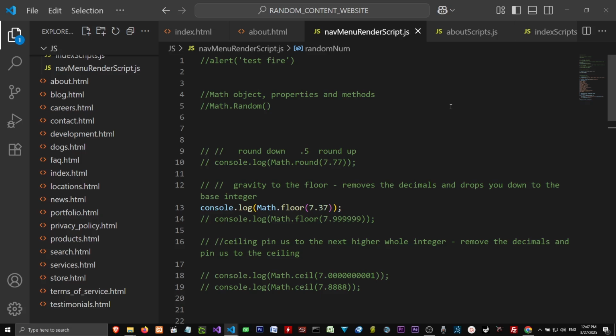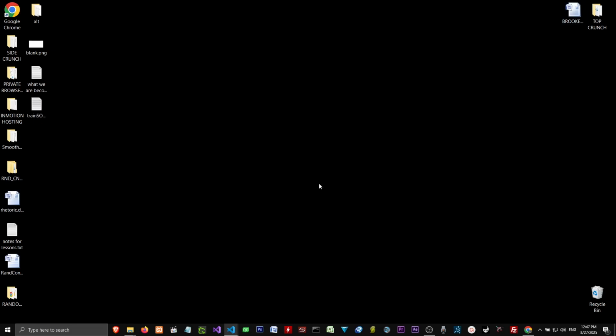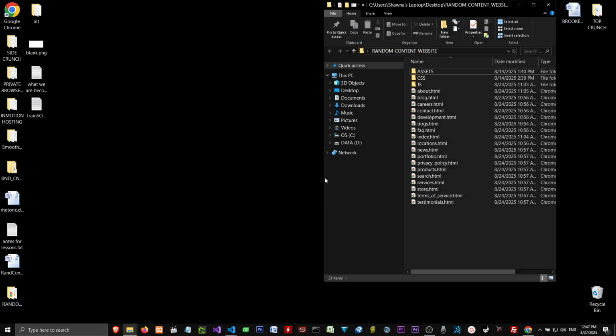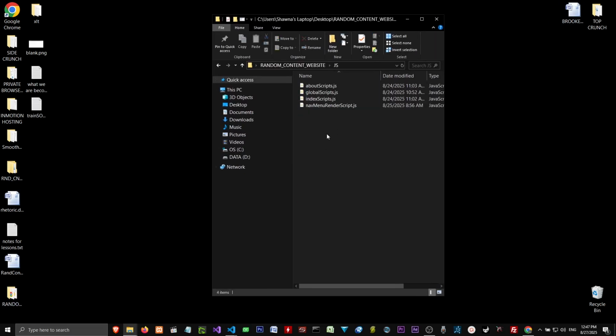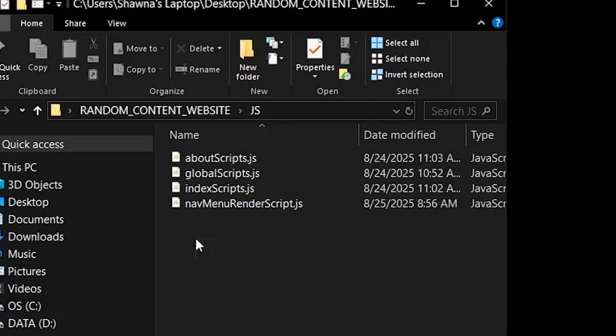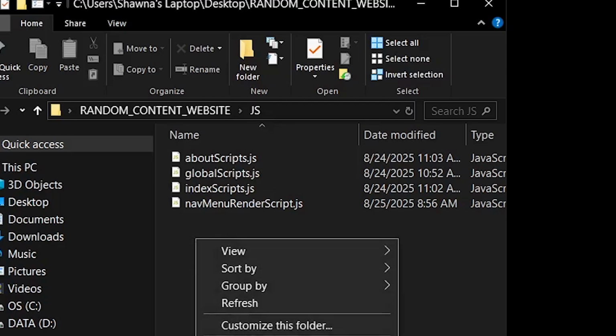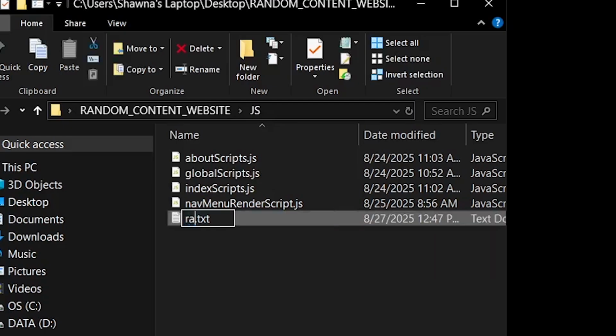So with that, I want to talk about linguistic models and modeling. And I guess the first thing I want to do is come into our project folder, and we're going to use this later on. We'll come into our JavaScript, and let's go ahead and create a JavaScript file and call it rand cont gen, which is going to stand for random content generator